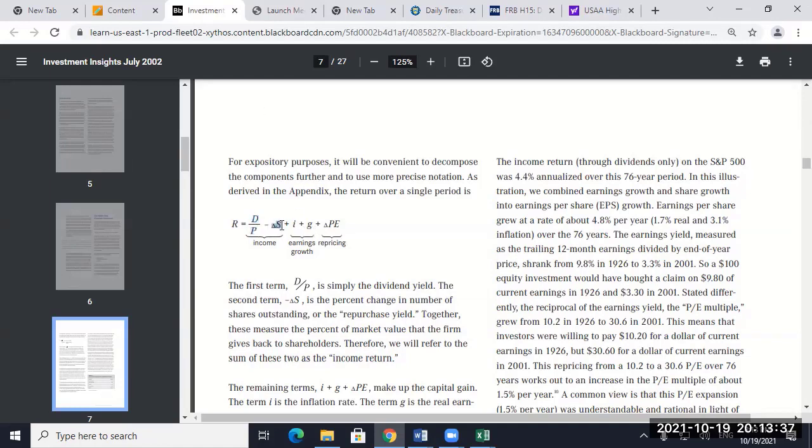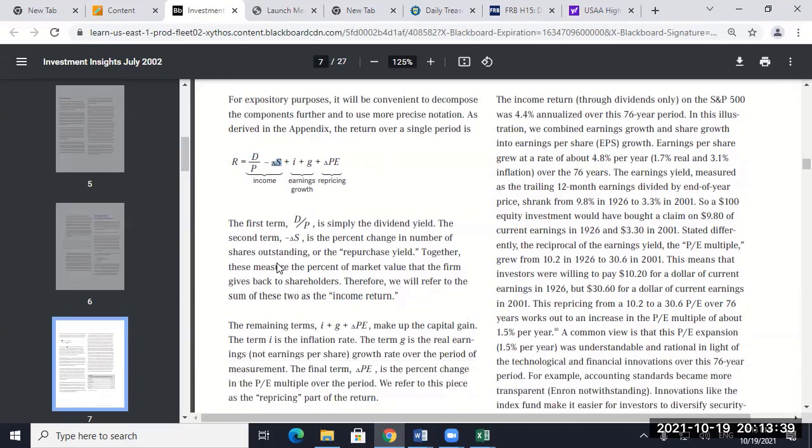What do you think this is? That's the stock buyback. Why is it minus? Because if they increase their stocks, they're diluting the company. So they subtract that. But recently what's happened, firms have been buying more stock back. So that minus is a minus of a negative number, so you're actually adding numbers back. I'll give you that number.